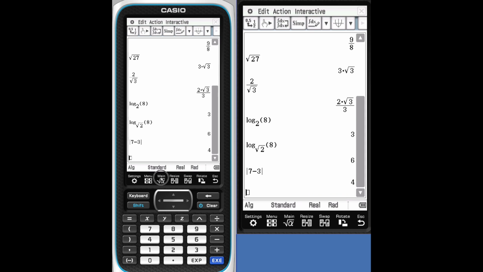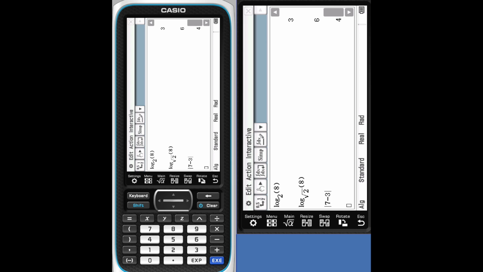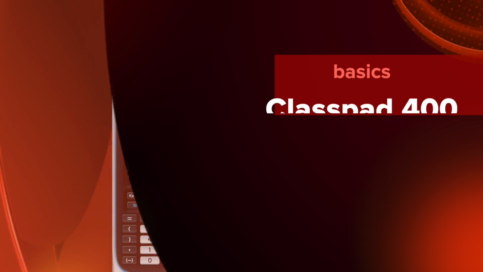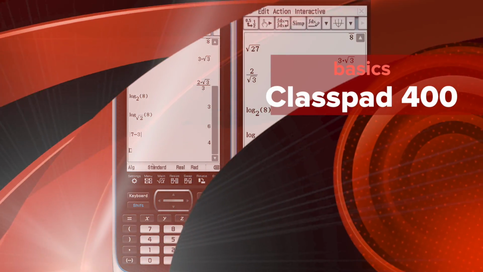You can also tap Main to jump to the main. Resize will allow you to resize your screen if you've split it. Swap will allow you to swap top and bottom. Rotate will allow you to rotate. So if you tap Rotate, you'll rotate the home screen. Escape gets you out of those functions. Those are just some of the basic functions of the ClassPad 400.